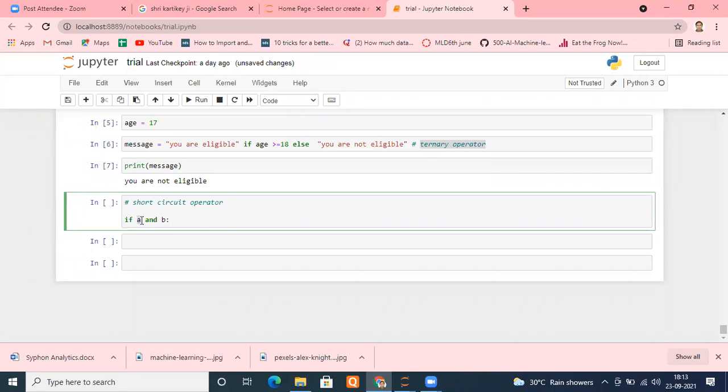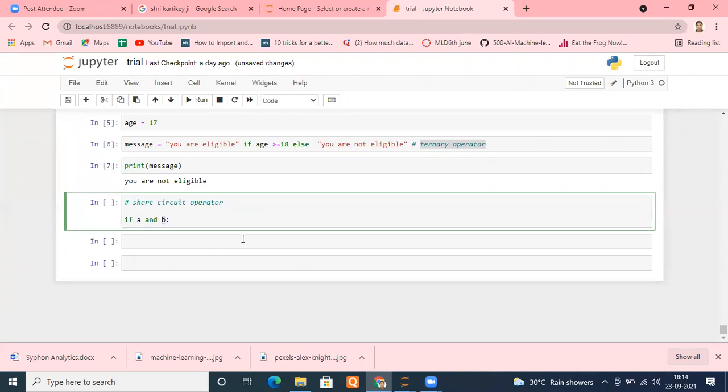remember, understand, once it finds it is true, it cannot give you any result. For the AND operation to be true, both the variables should be true. So in case A is true, it won't give you output. It will wait till the result of B comes. And what is B here? If B is true, it will give 1. Okay. In case B becomes 0 or false here, it will give you 0.